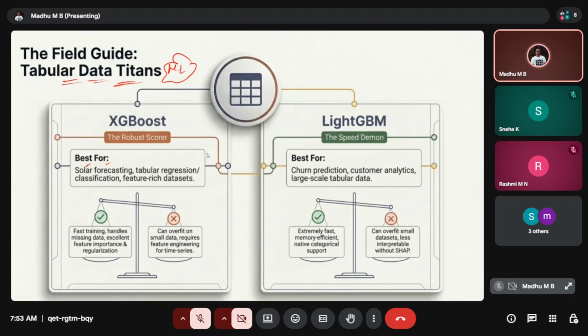Okay. So why is it very useful? Coming to the strengths, it is much faster in training, handles missing data, and has excellent feature importance, regularization and so on.